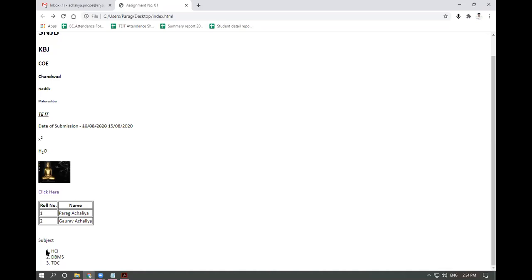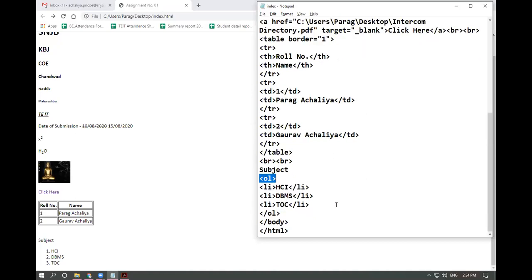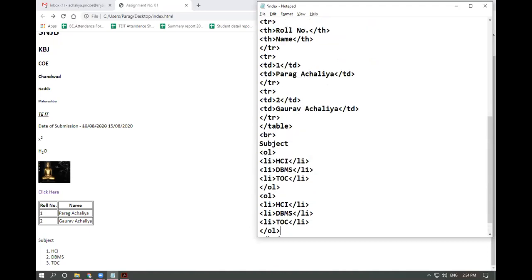An ordered list will be in the form of numbers 1, 2, 3, 4, 5, and so on. This is because of your OL. Remember this. This OL is used to create the ordered list, whereas you can create an unordered list also. An unordered list will be created using your UL. The tag UL will be used to create your unordered list.